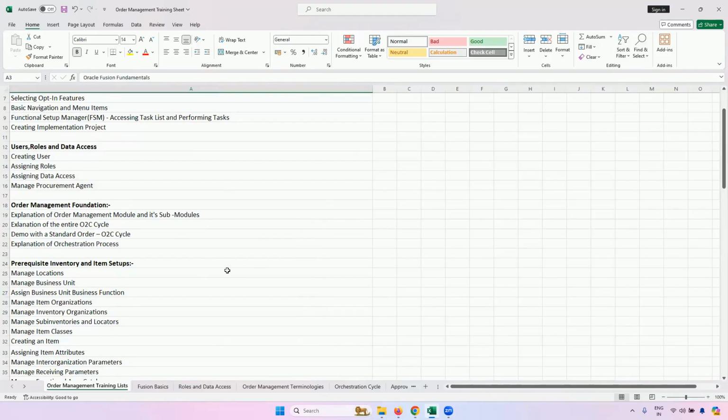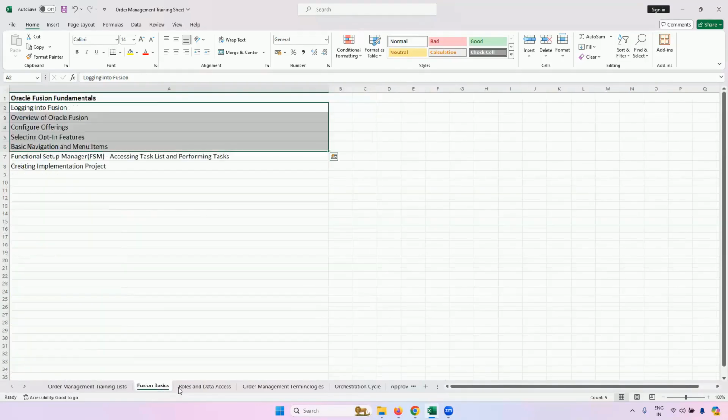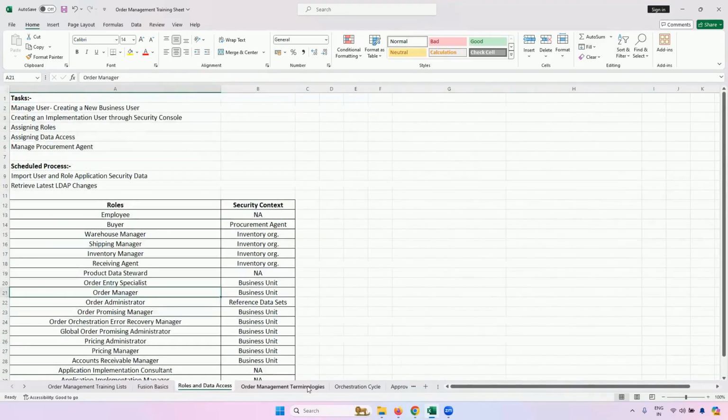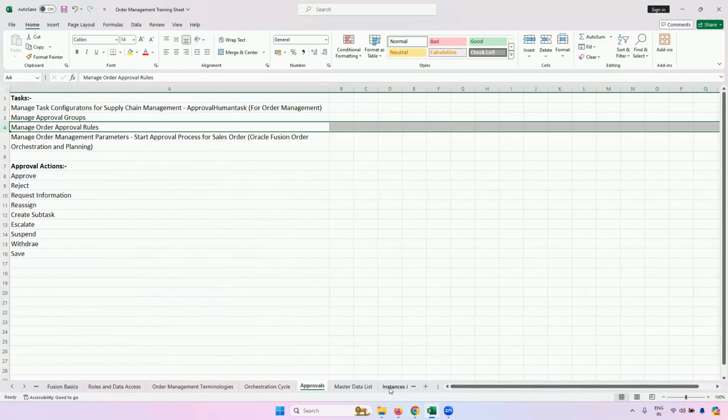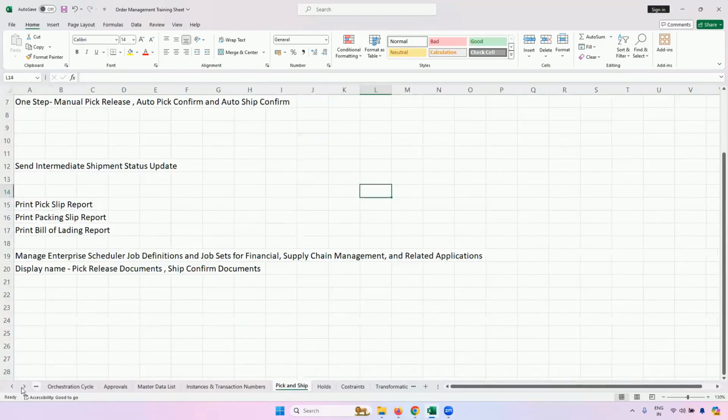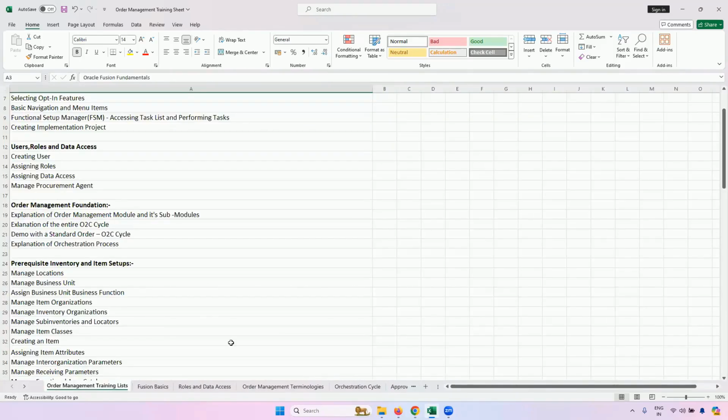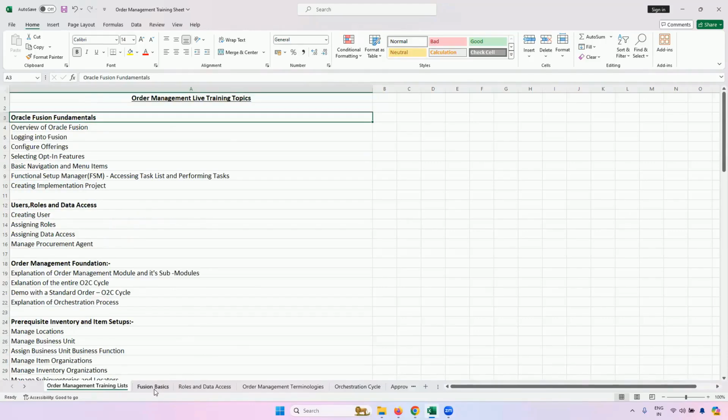Raj, are you going to share this spreadsheet? Yes. I will be sharing this at the end of the training because I will embed more important topics over here. As you can see, this is not full. There would be many sheets as per the training, and I will be updating them here so that when I share it, you will have the complete information across all tabs. Okay, that makes sense.